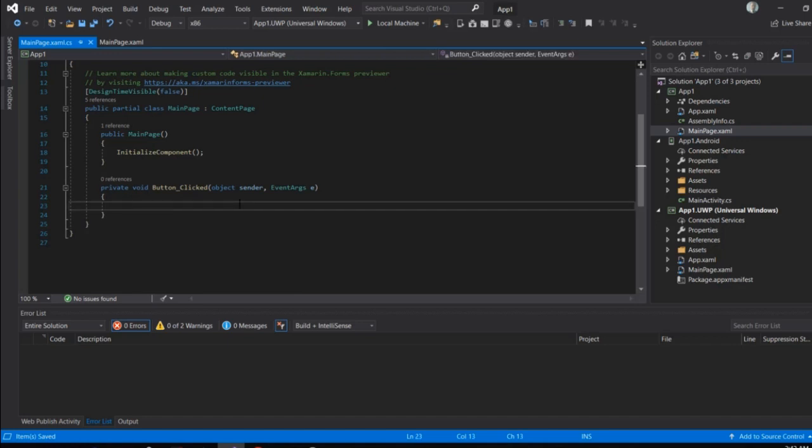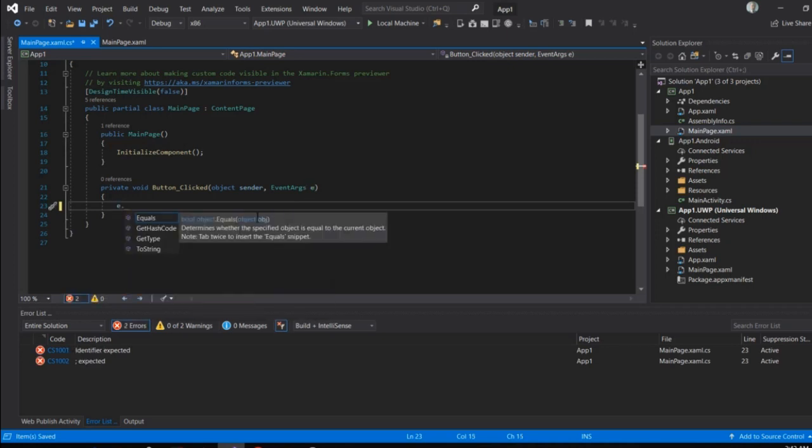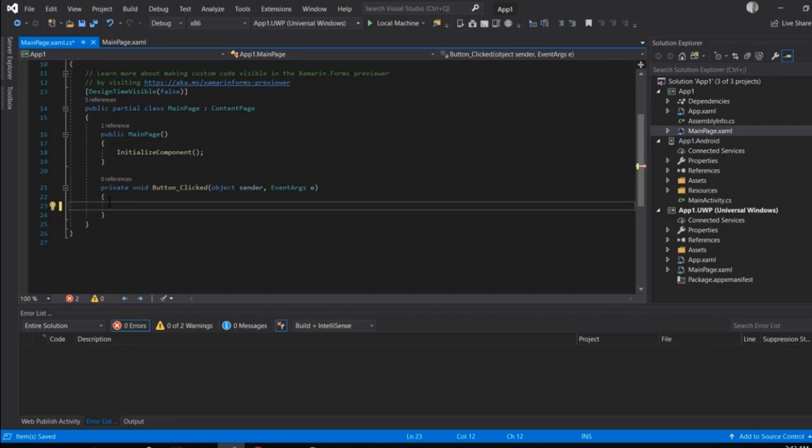Okay, so what we get here is the actual object. Okay, so that specific button, as well as some of the event arguments. Okay, so if we go to the event arguments, let's see what we get. We get really nothing because the button doesn't really provide any real event arguments. Okay, now let's get back